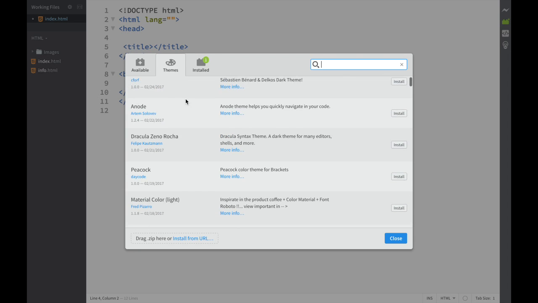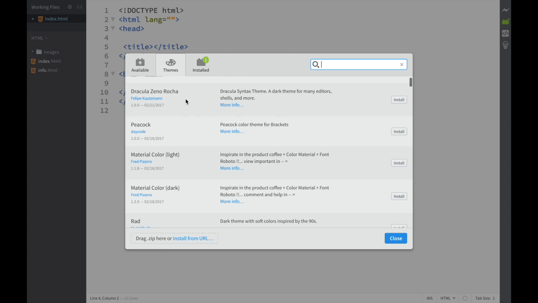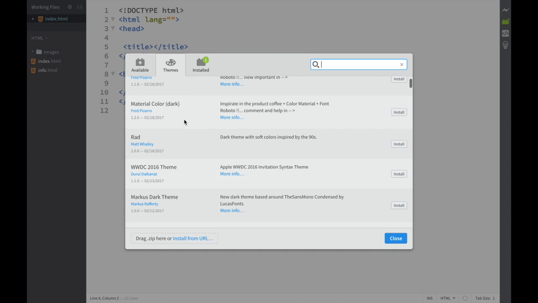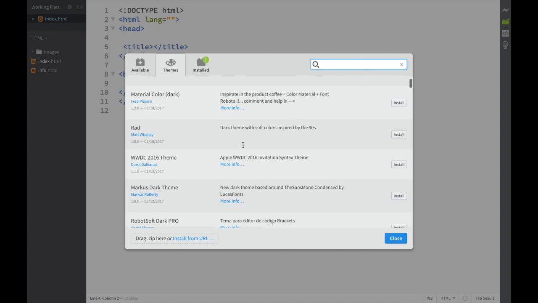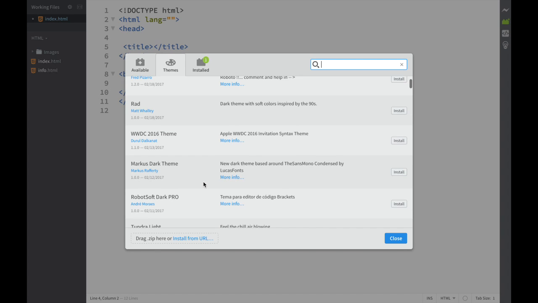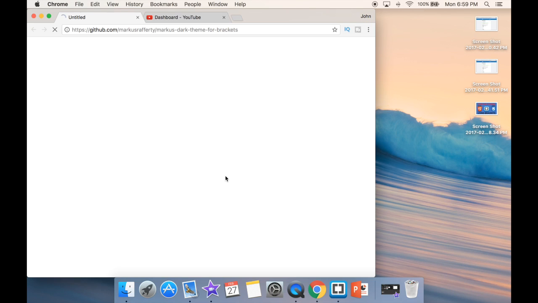And over here you can see what type of themes I have. Now for themes, I would suggest going and pressing More Info, just so you can see what type of theme it is and everything, so you don't have to download it and then remove it. But let's say in this case I just want to download, I don't know, Marcus Dark theme or something like that. So I just press More Info,